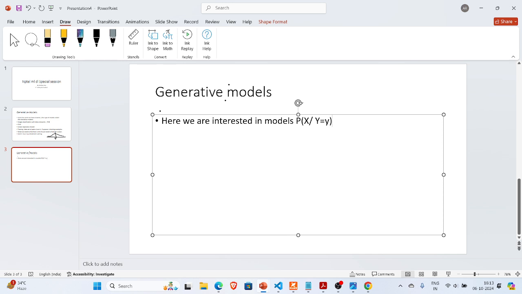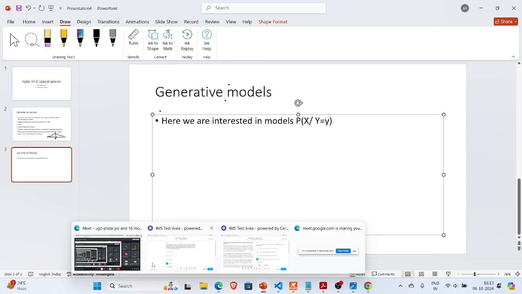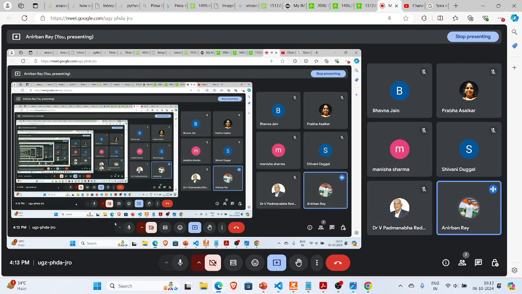So for some value of y we are trying to generate new x values. We are interested in producing this distribution for a given value of y. So if we keep changing the y, what I mean to say here is